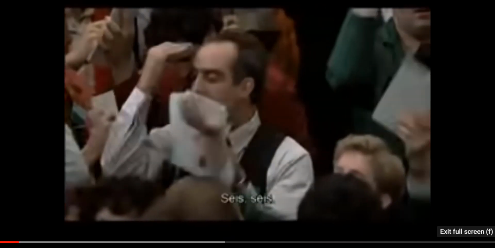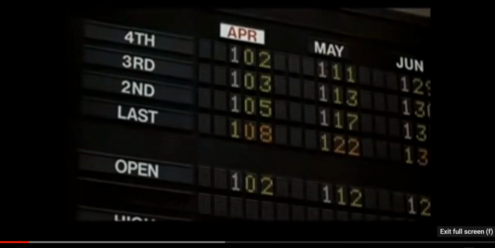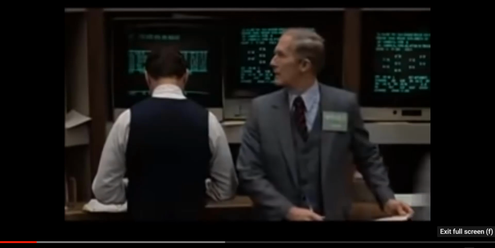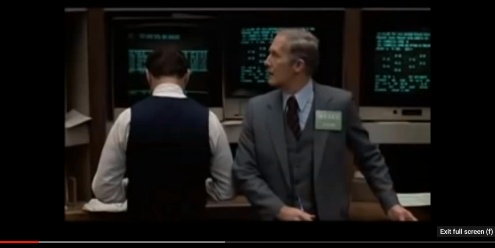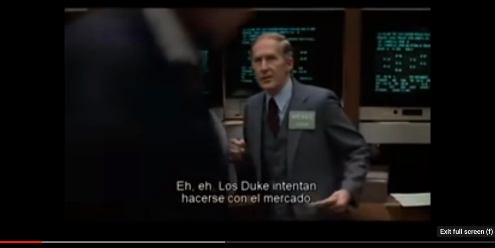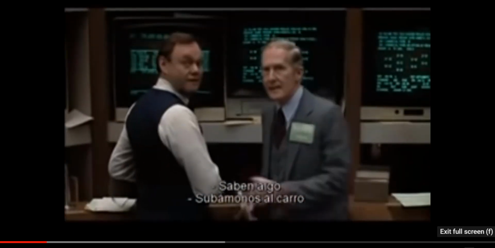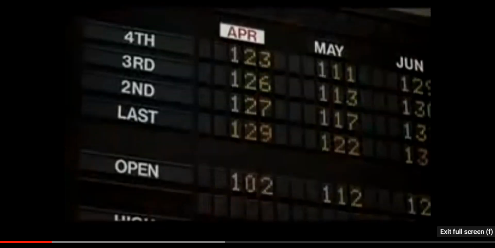So it's an old 1980s movie starring Eddie Murphy, and in this movie, what you see is the pit floor of a commodities exchange. And as you can see, these traders are sending hand signals to the individual taking the trades, and they use very complicated hand signals to communicate that they want to either buy or sell a particular commodity for a particular price. So notice the waving of the hands.